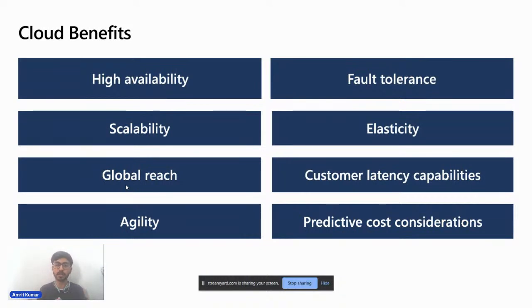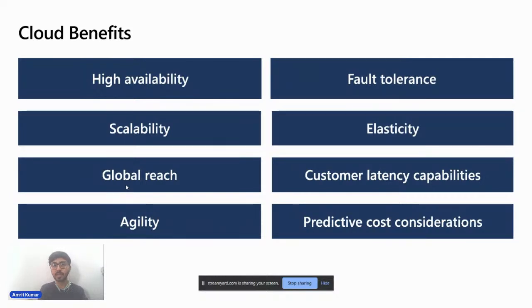So at those particular times, you can benefit a lot from the cloud architecture, because you can easily scale up. You can also set up automatic systems to scale up after a particular percentage of traffic.